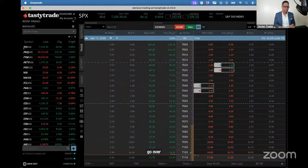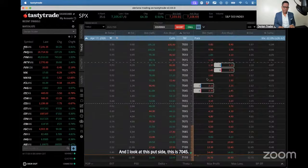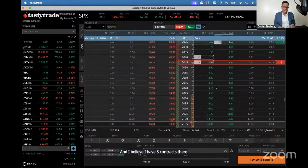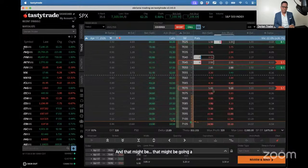And I look at this put side, this is 70.45. So 70.45, 70.25. And I believe I have three contracts there. If I bring that up to the 70, and that might be going a little too much, but let's